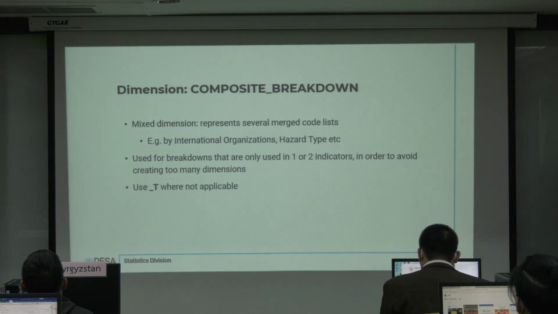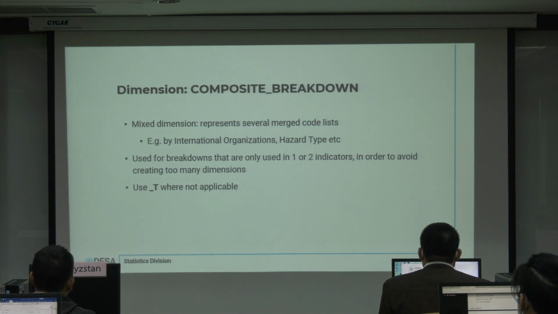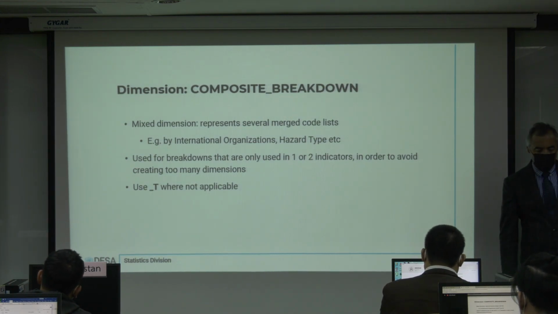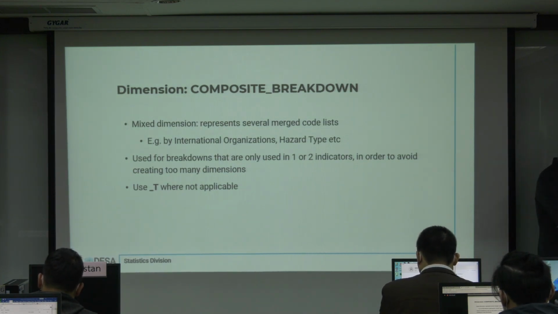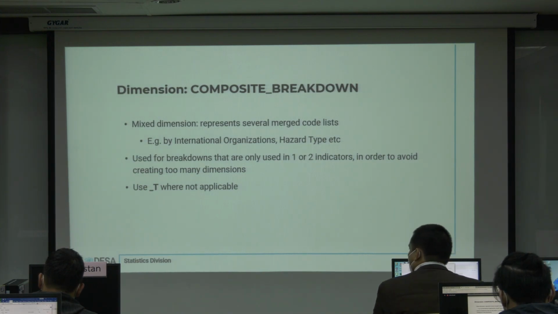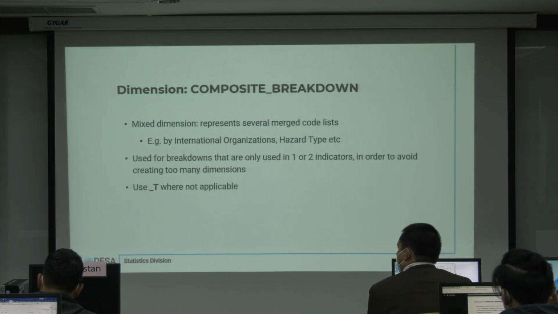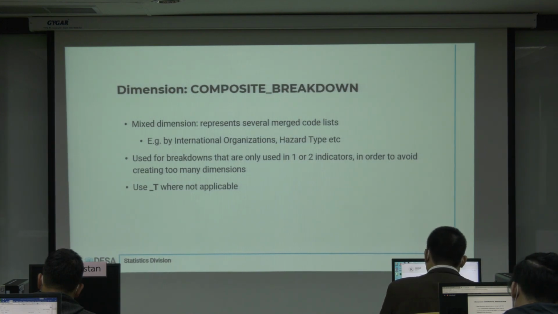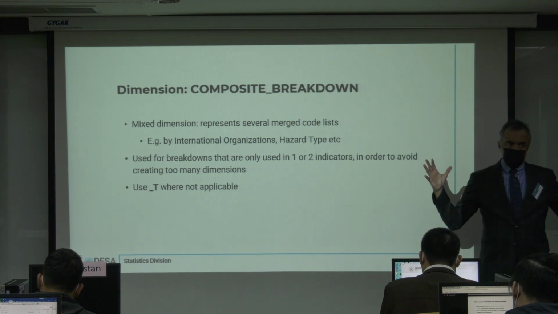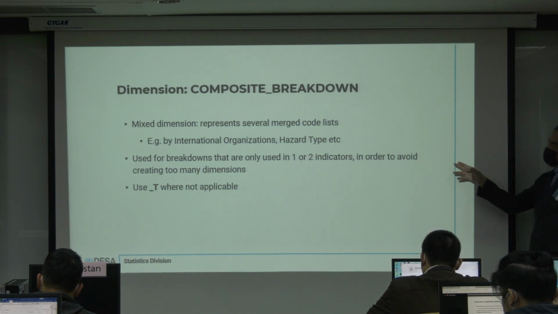So, what this tells you is that the SDG data set is very sparse, which is not surprising because it's almost always the case with multi-domain data sets. So in order to manage this complexity, in order to enable those disaggregations without blowing up the dimensionality and without increasing the sparsity even further, composite breakdown was introduced,